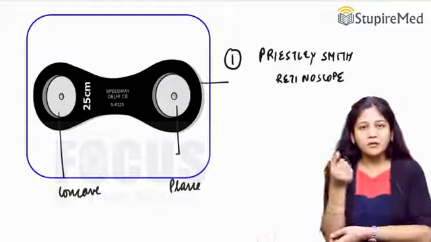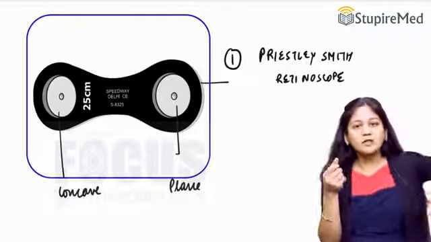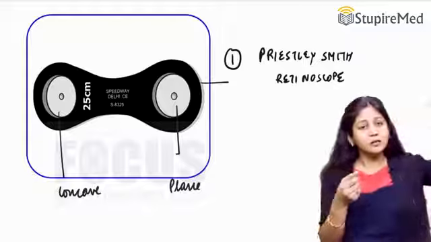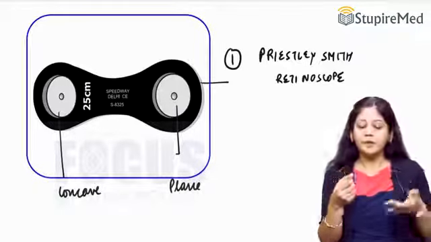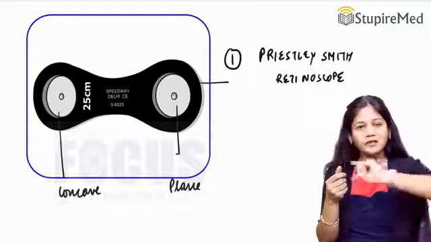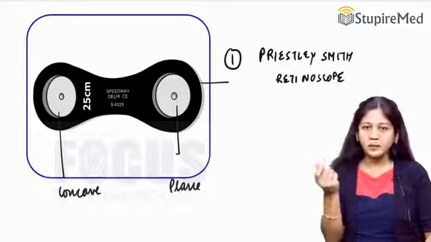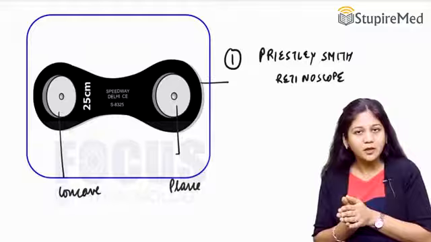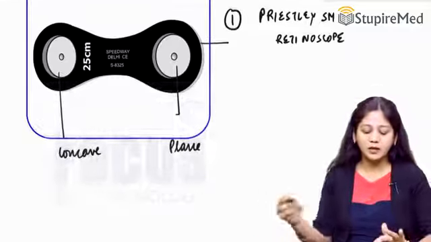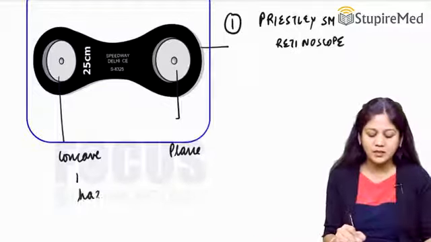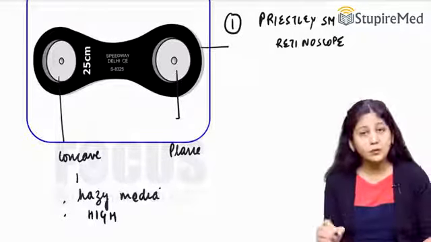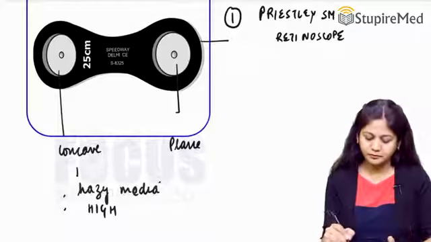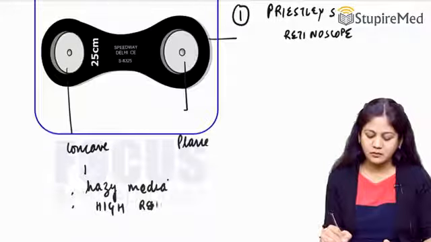Here when we hold the retinoscope in one hand and we try to look at the refractive status of the patient, the source of illumination would be behind the left shoulder of the observer. Now we can observe the reflex in the patient's eye through the hole in the instrument. Most commonly we use the plane mirrors, but the use of concave mirror is when we have a hazy medium or we expect a very high refractive error. So these are the conditions where we use the concave part here.